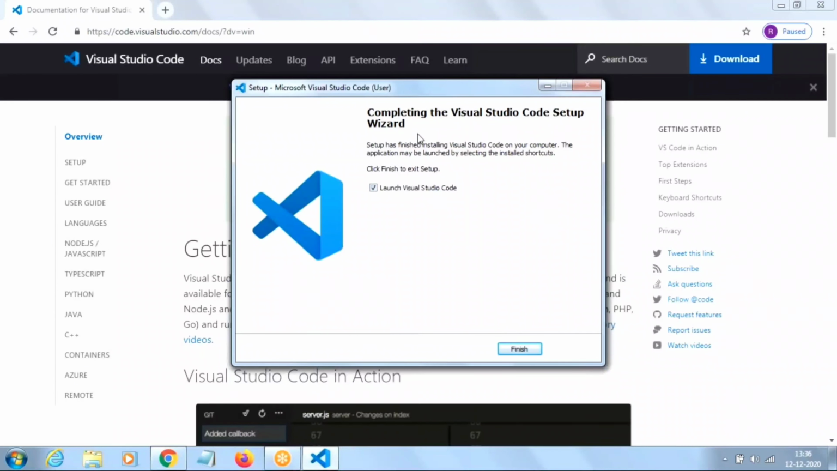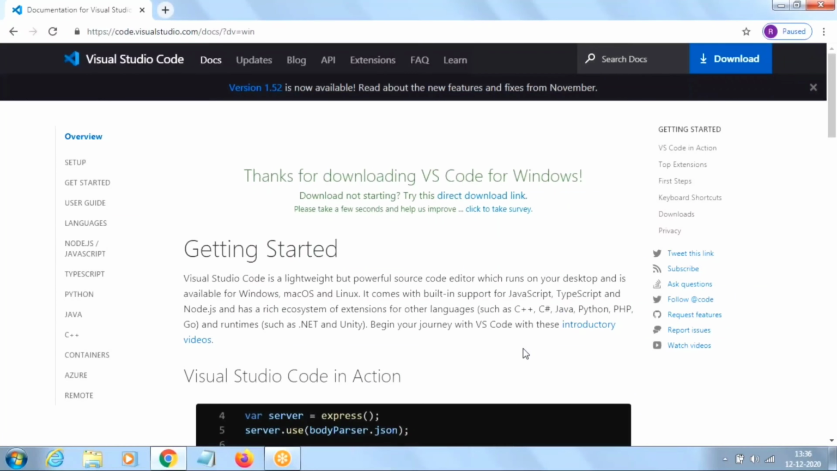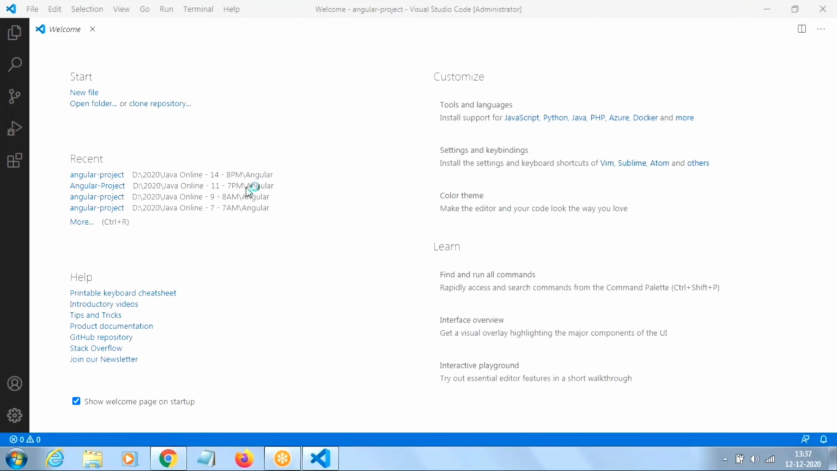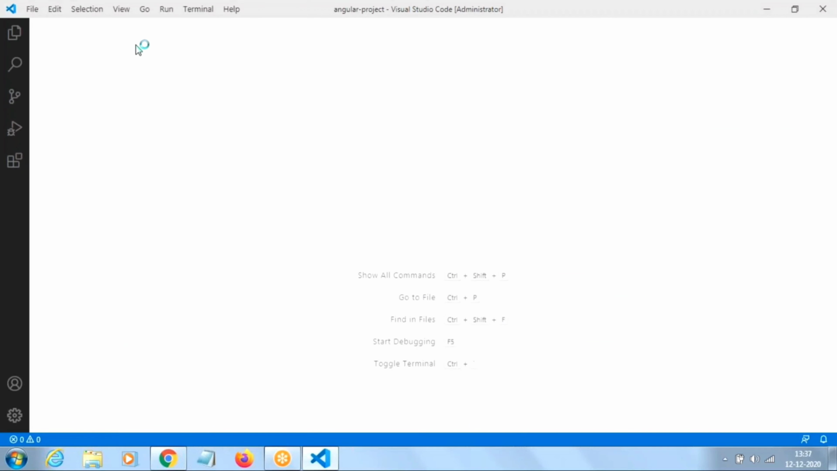And Visual Studio Code is installed. Uncheck Launch Visual Studio Code and click on Finish. Now on the desktop, you can find a shortcut Visual Studio Code. Double click to open it. Here it shows the welcome screen. Close it